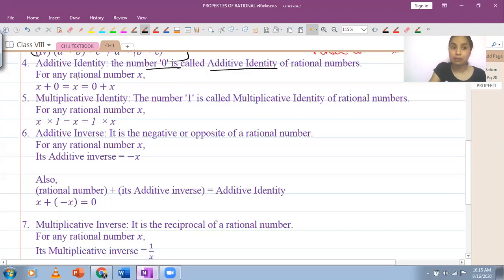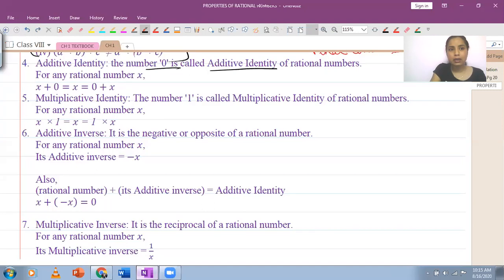It remains same. सो मैं किसी भी नंबर के साथ 0 प्लस कर दूं या 0 में किसी नंबर को प्लस करूं तो आंसर क्या आएगा, द नंबर इटसेल्फ. दिस इज व्हाट्स रिटन हियर. x इज एनी नंबर, सो x प्लस 0 विल बी x. अगर x में 0 ऐड किया जाए तो भी आंसर x आएगा, और अगर 0 में x ऐड करें तब भी आंसर कितना आएगा आपके पास, x आएगा. That's why it's called additive identity.